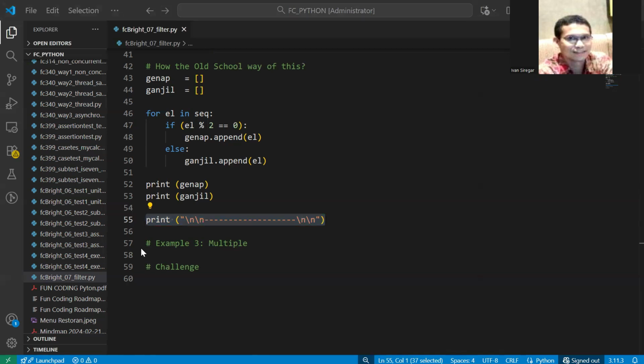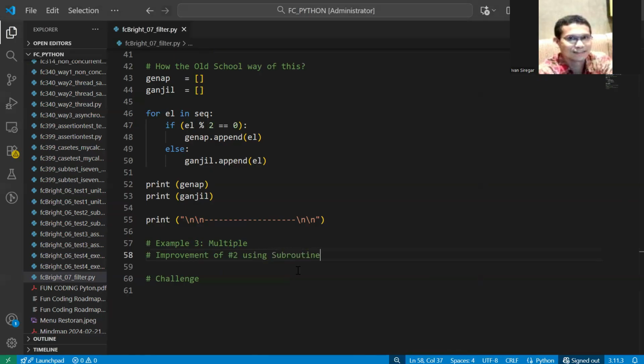Which is we improve. This is the improvement of number 2, the previous one, but this is using a subroutine.